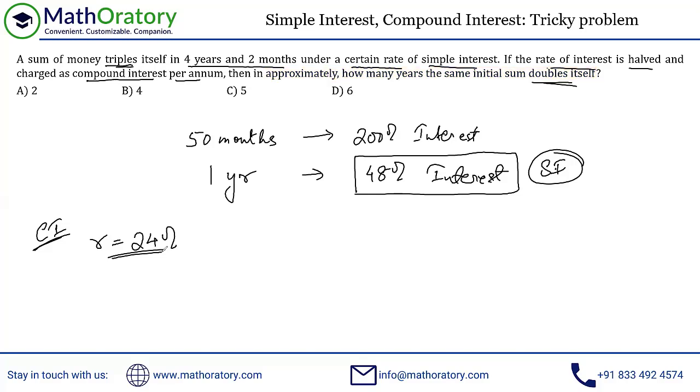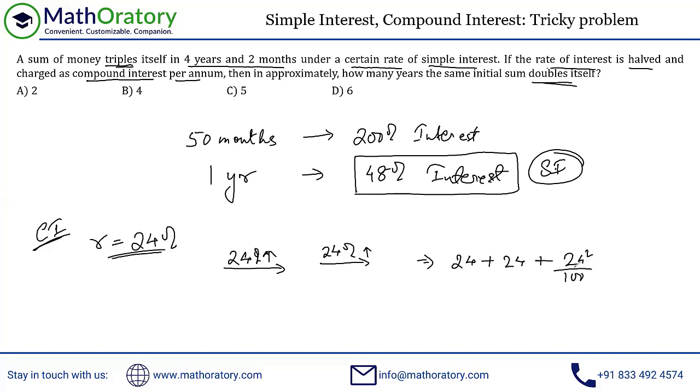So first of all, I'll just calculate for 2 years. I'll use the successive percentage change idea. So in the first year, there's an influx of 24%. And in the second year, over and above that, there's an additional 24%, right? So overall, the change will be 24 plus 24 plus 24 into 24, 24 square by 100.